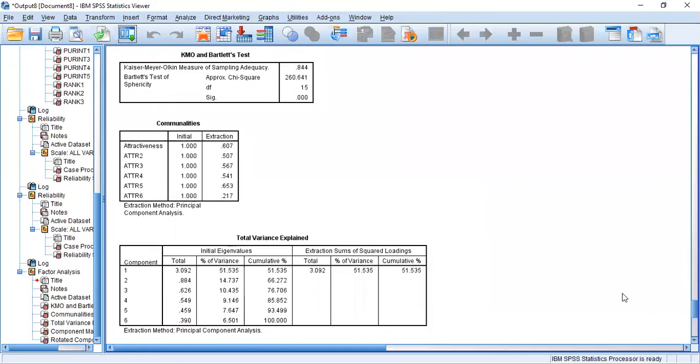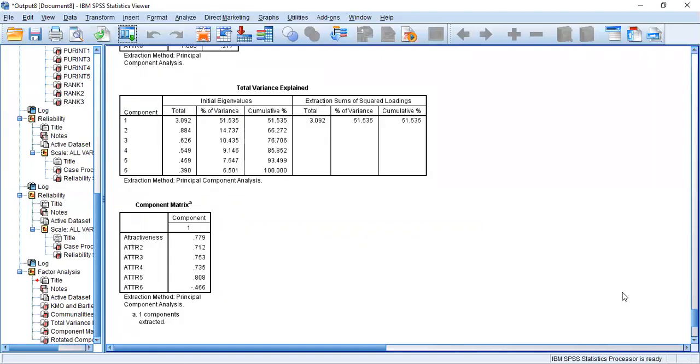Now you can see your KMO value is greater than 0.5 and the significant value of the Bartlett test is also less than 0.05. Then in total variance explained, now you can see all 6 items are loaded into one factor.